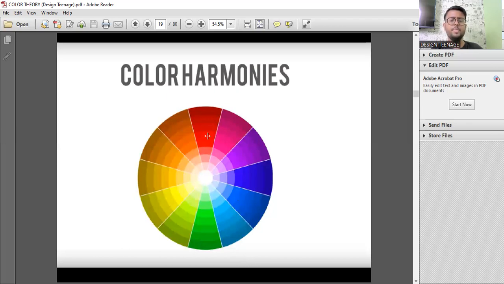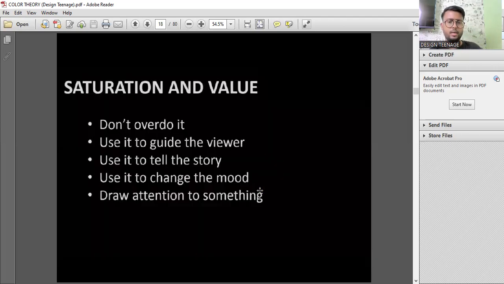Okay, so for example, we have the red, yellow and blue. These are three primary colors. So over here, between the red, yellow and blue, we have a gap of three colors in between, or something like that, you can say. Now, when we are trying to achieve the colors in between, we mix these colors among themselves. We achieve the secondary. Now again, mixing the secondary and the primary, we achieve the next set. So all these are kind of moving in a circle, and that's how we achieve the tertiary colors.